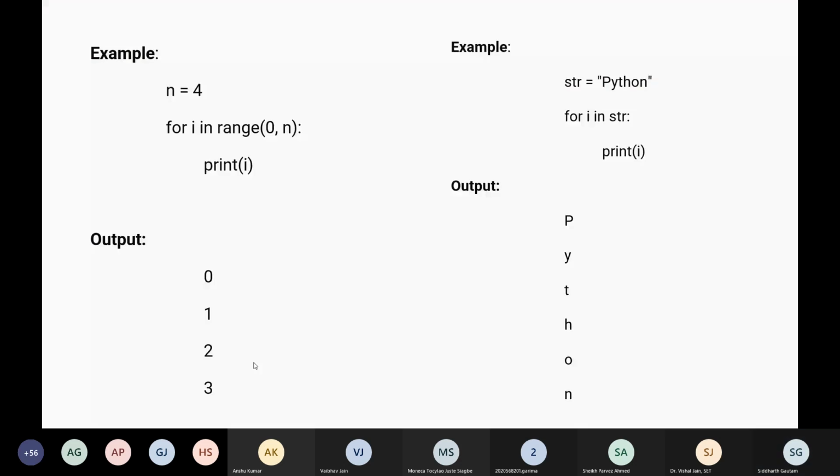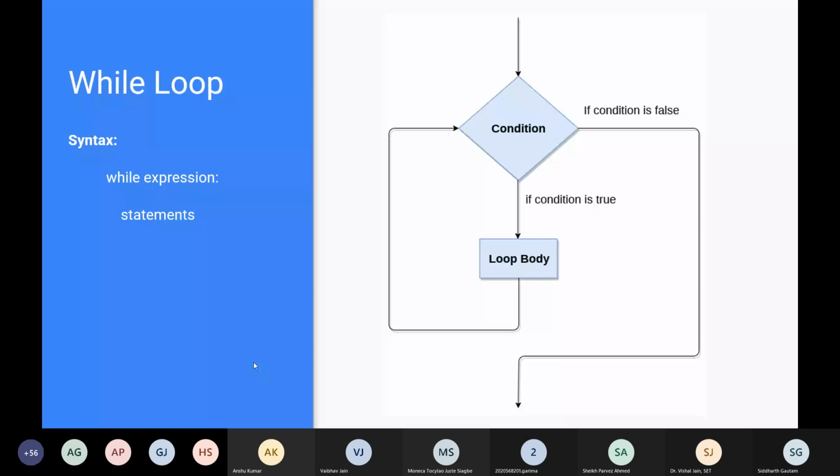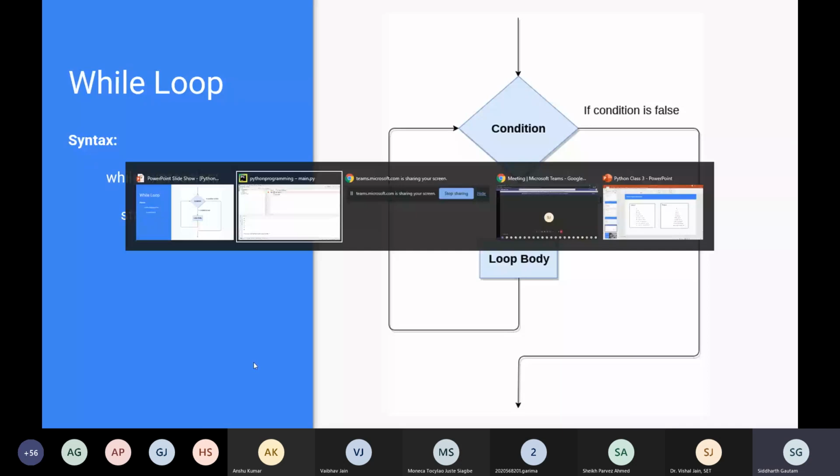All right. So now we get to our while loop. As I said before, when we are using while loops, we are not going to be using range. Let's go back to our IDE. Let me go back to where we were earlier. Right.